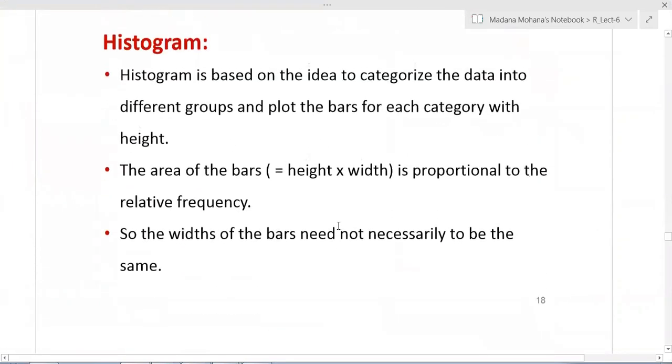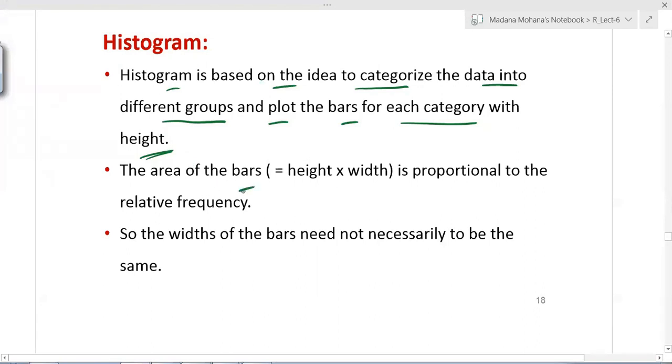Next graphics tool, histogram. We are all aware of histograms. A histogram is based on the idea of categorizing the data into different groups and plotting bars for each category with a height.